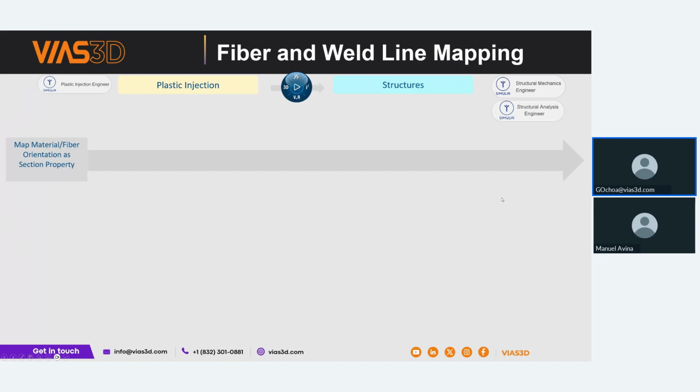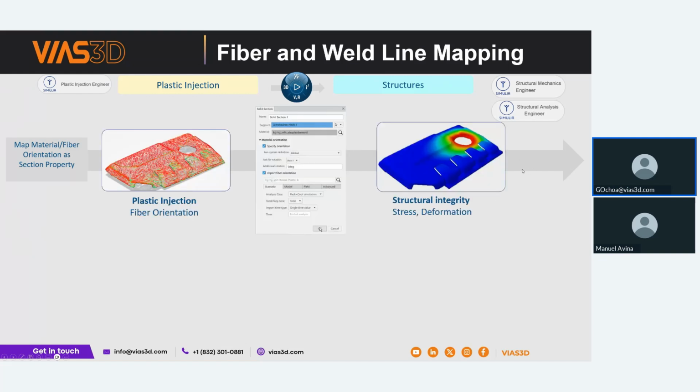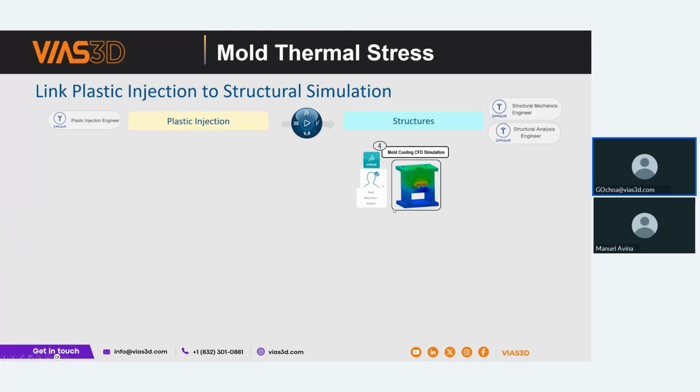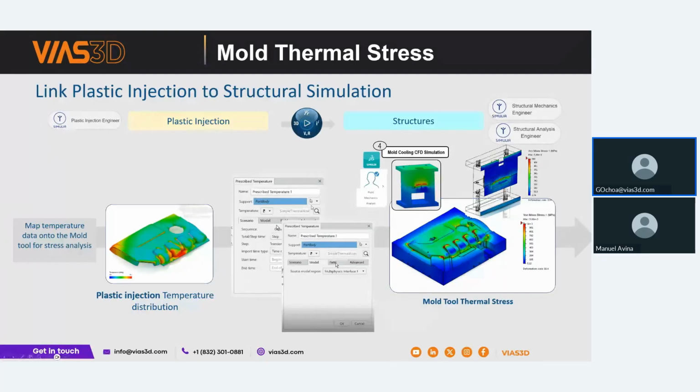So to summarize, I was describing this workflow, right? The plastic injection simulation user performs the simulation, and then the structural simulation user can automatically extract the fiber orientation without setting up any file. Same thing happens with the weld line. The weld line can be defined as a field variable, and we can consider the weld line influence in the structural behavior. But the same could happen with other workflows, such as, from the injection molding simulation, we can get